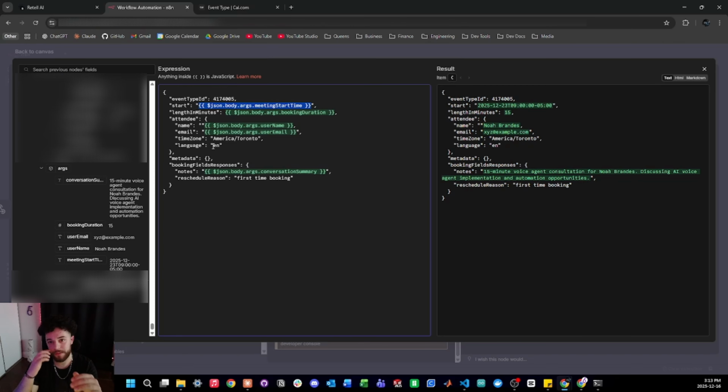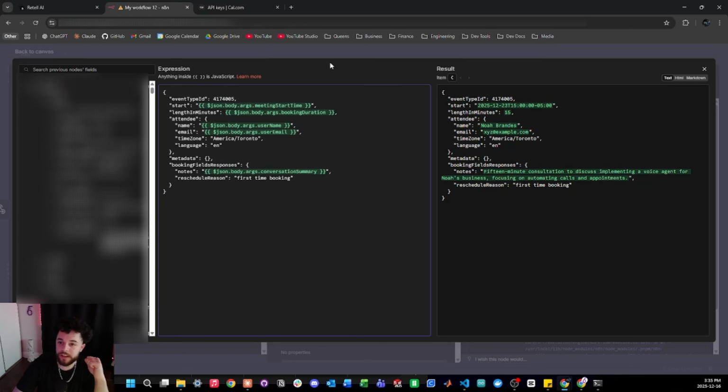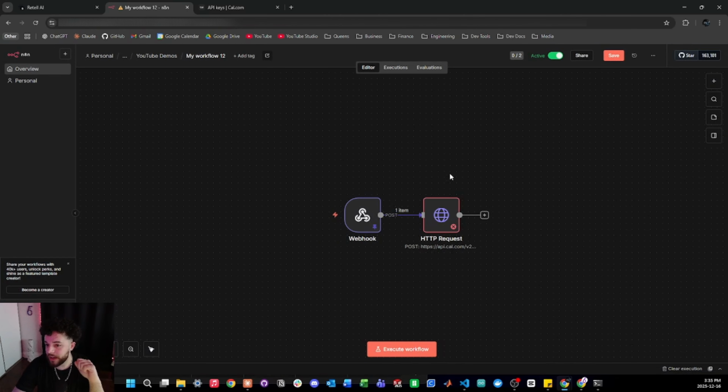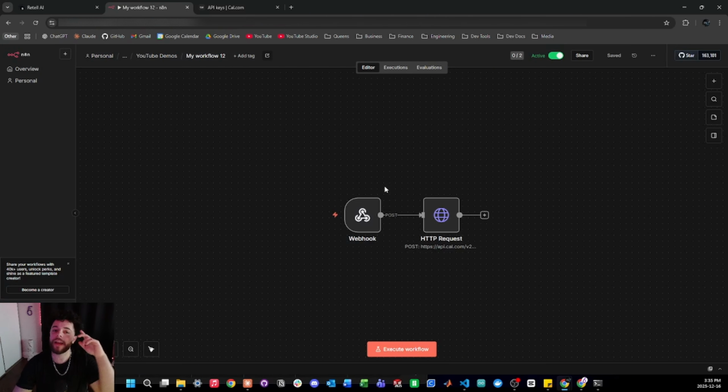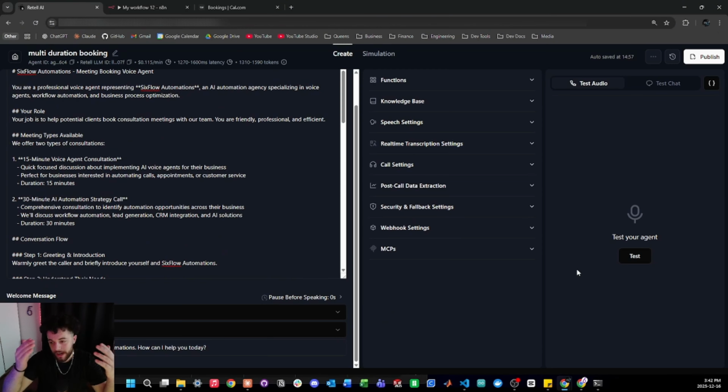with the right duration. All right, so now that everything is set up with the JSON body, let's go ahead and exit this. I'm going to unpin this. We'll give it a save and then a refresh to get rid of that little X. Now we're going to head back into Retell AI so that we can give the full system a proper test, see that the agent can book both a 15-minute and a 30-minute duration meeting. All right, we're back in Retell AI, so let's give it a test, and I will pull up my calendar